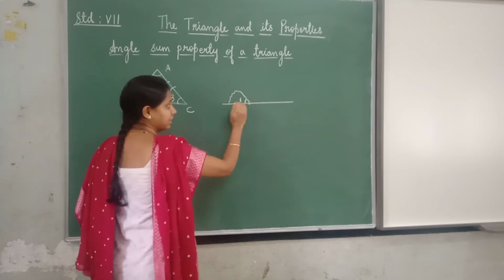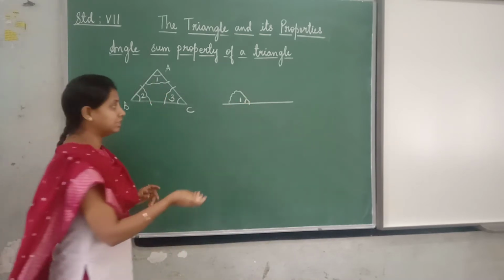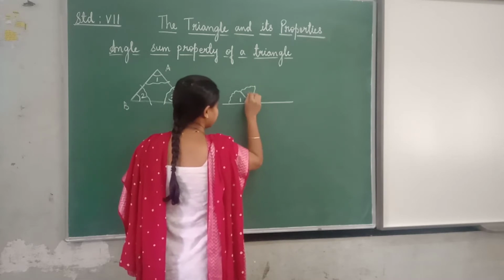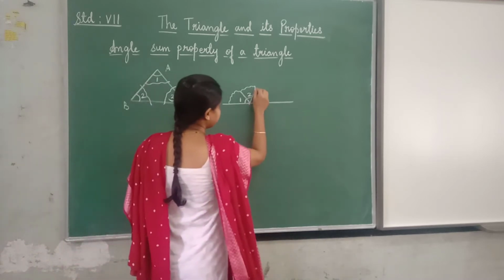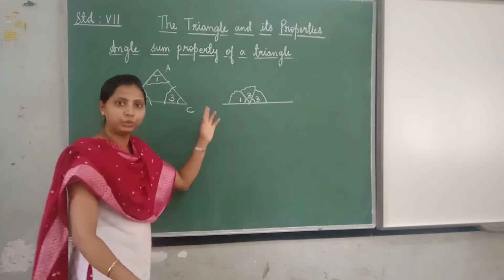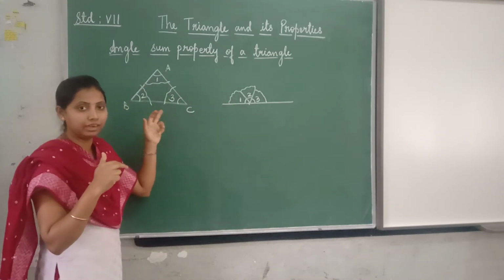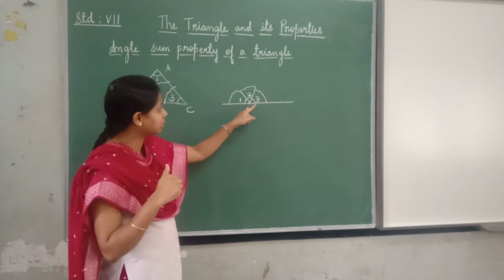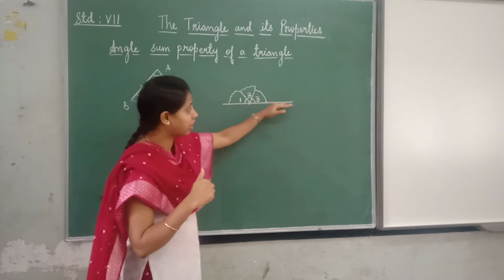One side of this angle should be on the straight line. Angle 1. Then place the cutting of angle 2 next, coinciding with this. Then angle 3, coincide with this and place. So you have placed all the 3 angle cuttings of this triangle ABC. Now when you place them on a straight line, you can see that all these 3 angles are exactly touching each other on a straight line.